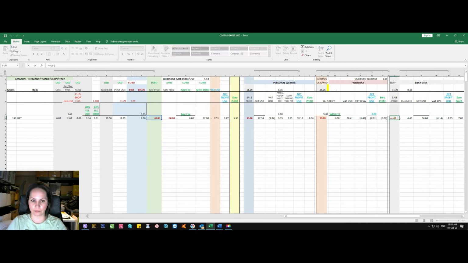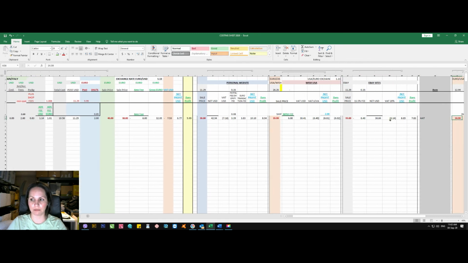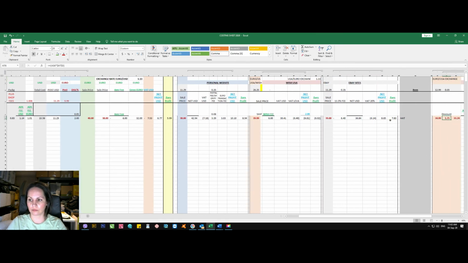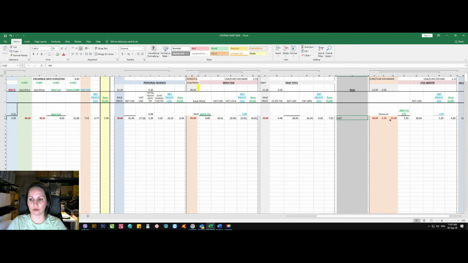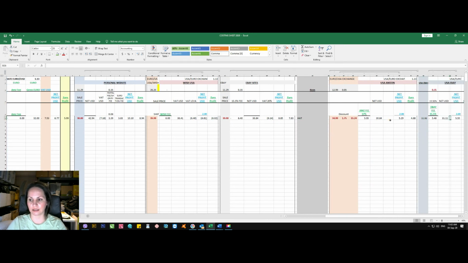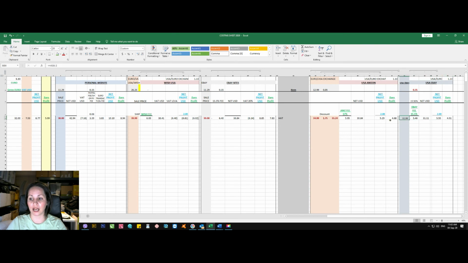eBay, it's taking the main price minus $1, so I want to be $1 cheaper on eBay. Our US Amazon prices are set separately because it's different fees and things. It can't work off a formula. And then my US eBay is on the same kind of formula. It's whatever I sell it on Amazon, $2 cheaper. So it makes it really streamlined